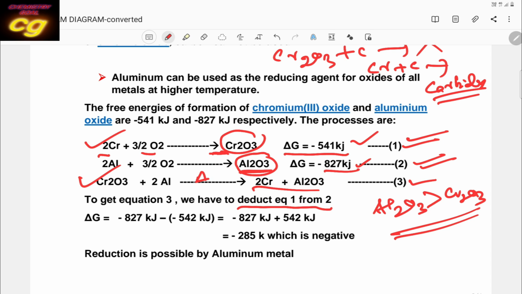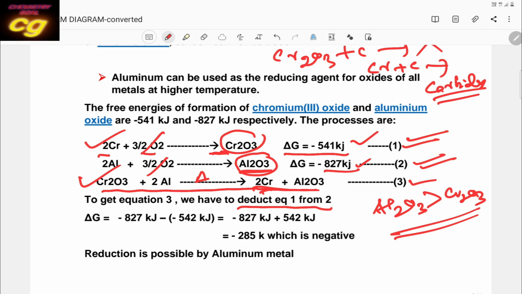When it is a minus sign, then what happens? Automatically the chromium on the left side will go to the right side. Then the oxygen will cancel, both will be cancelled. Then the chromium oxide will be on the left side, because with the minus sign it comes to the left side. So the result will be Cr2O3, aluminum, and Cr and Al2O3. So the equation is in this way.